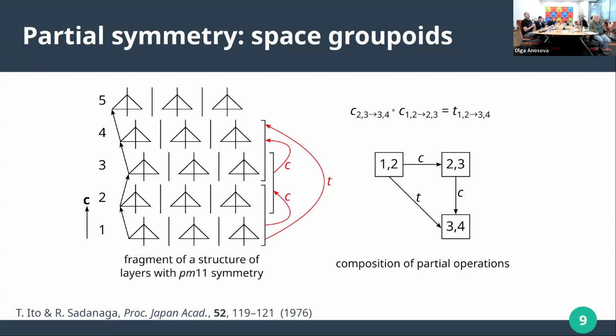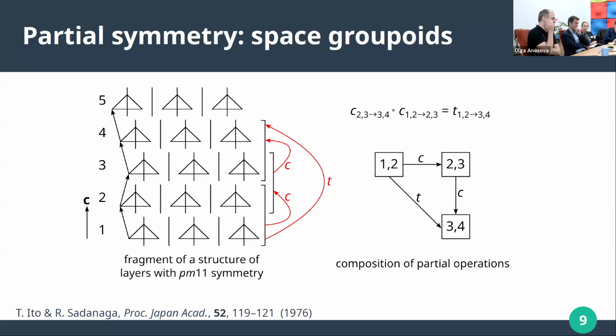And that's also the name given to this thing, groupoid, which literally means it's like a group. The only difference to a group is that you cannot combine any operation with any other. You can only combine an operation where the target of the first is the source of the second, right? So like it's written here. And now these groupoids,